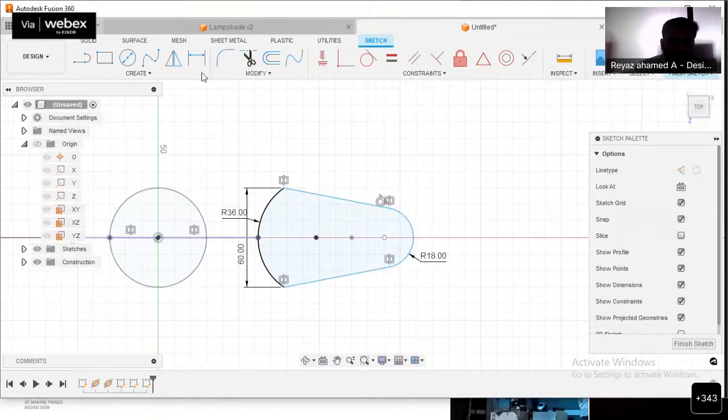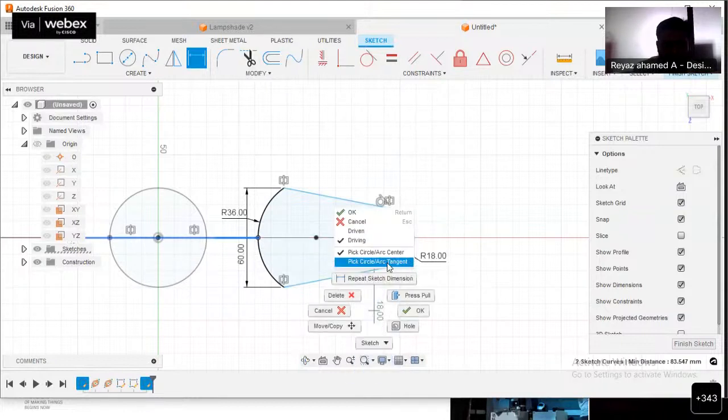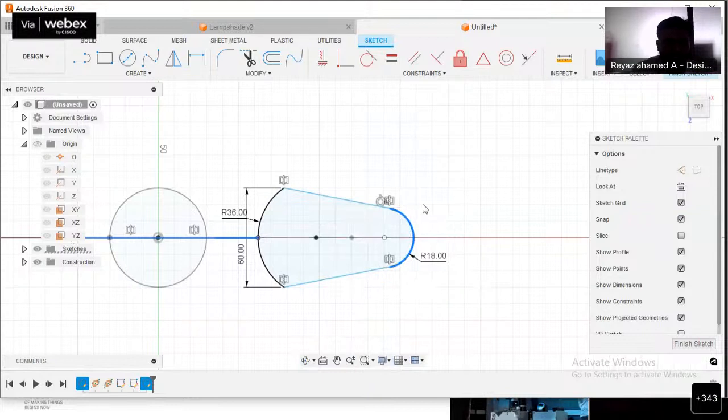Okay. Now go ahead with the dimension. Choose the endpoint and then this endpoint. Actually, it is not showing. So we have to measure the distance actually.